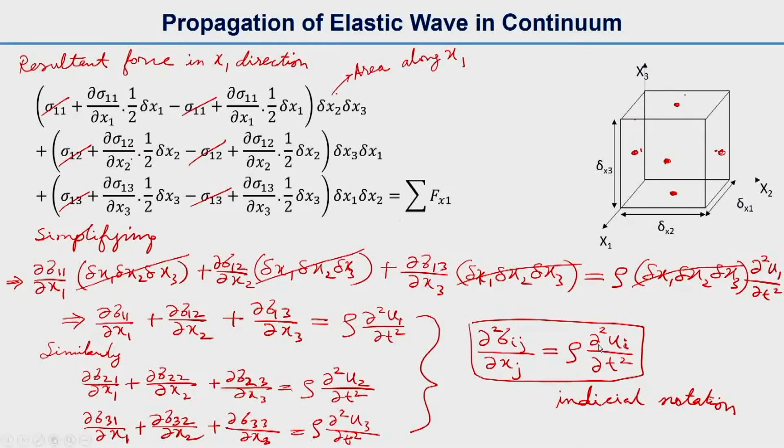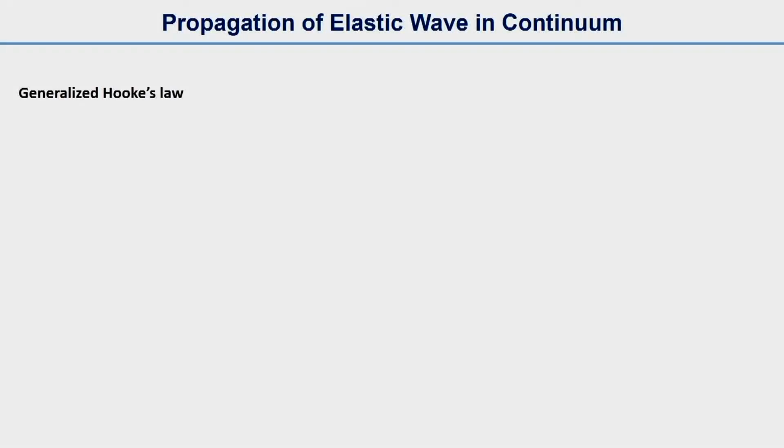But even if we don't use the indicial notation, we can work out this derivation. So if we can solve these three equations, it will give the equation of elastic wave. We will be working on that, and for that, the stresses need to be replaced by strains. We will see how to do that. Now for generalized Hooke's law, for an isotropic